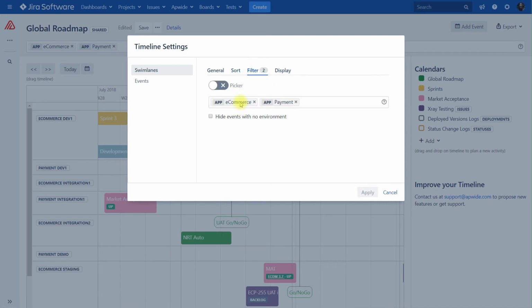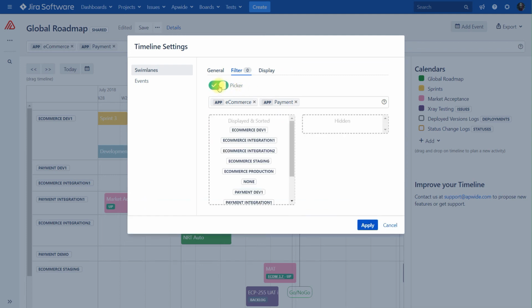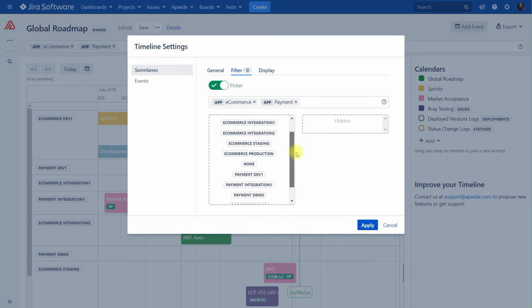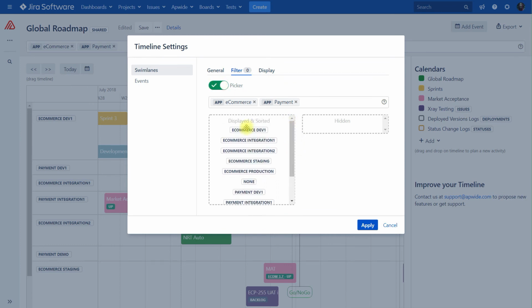Here you can find again the same filter that you had here. We have selected the e-commerce and the payment applications, and I now have the possibility to activate what we call the picker, which lets me choose which environments I would like to show, and also to order them.